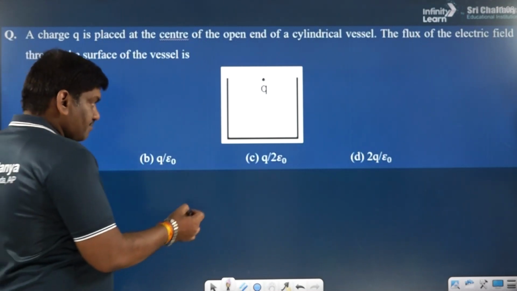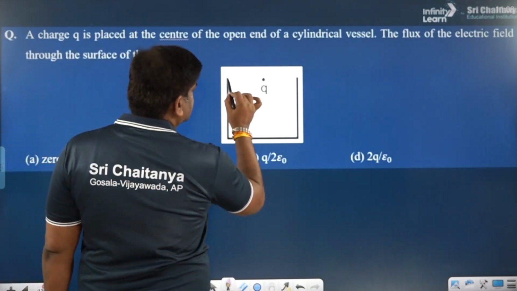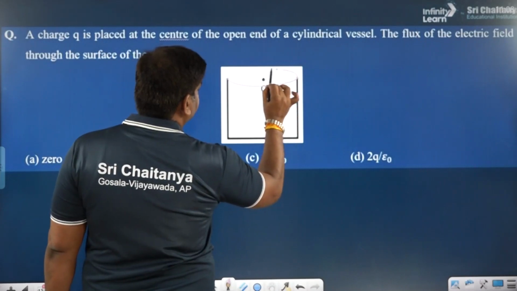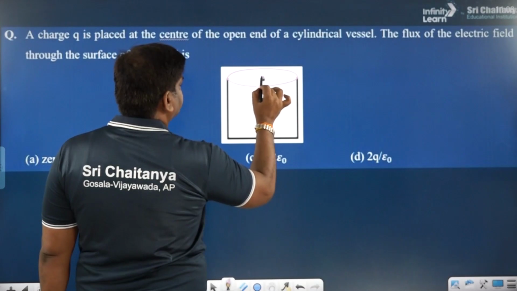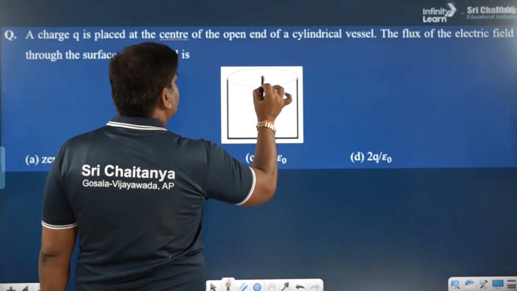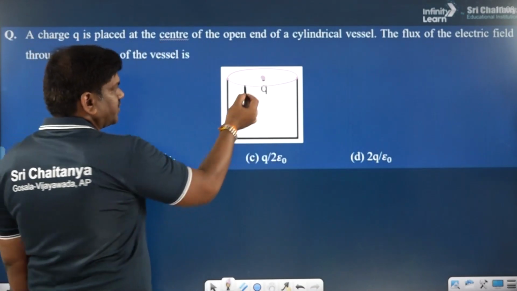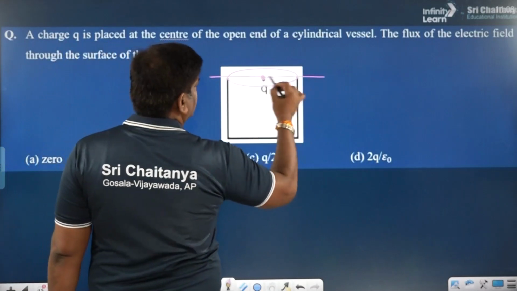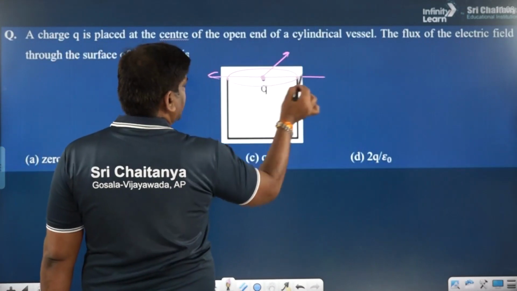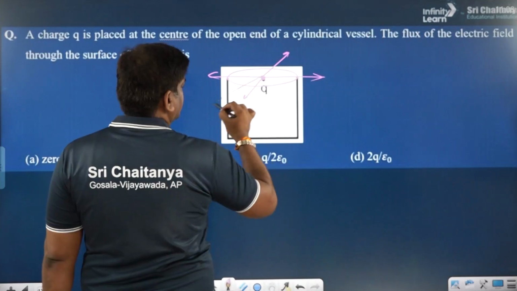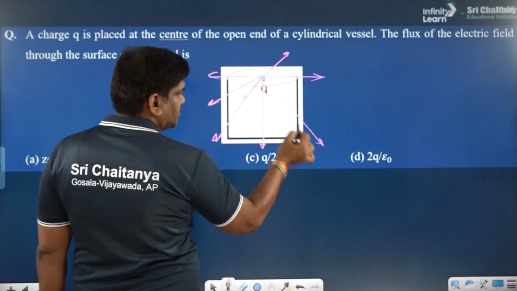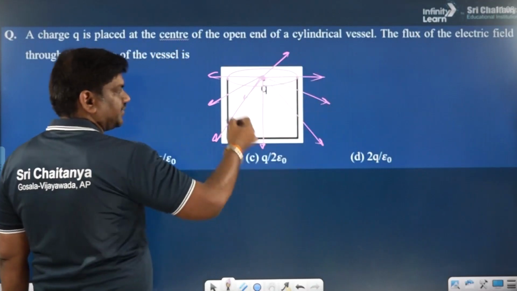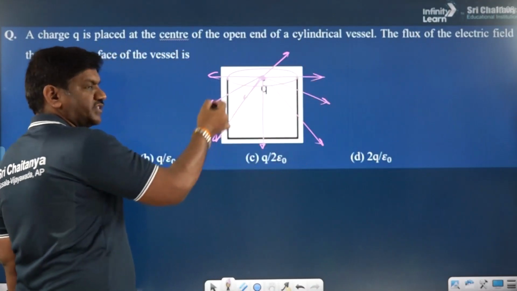Okay, let me make this diagram a little more clear. This is a vessel with the open end, and charge will be at the center of the open end. So charge is here at the open end. And what we are interested in, obviously this charge will produce some electric field lines which are also passing through this vessel. So we are interested to find out the number of field lines which are passing through this